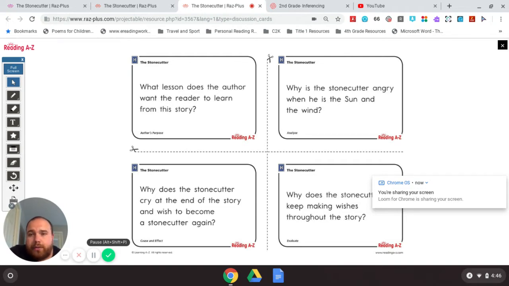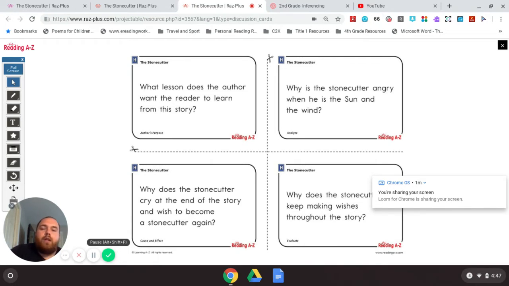And one thing that authors do is they use stories to try to teach us a lesson. Now, it's very rare that you'll read a book like the one we read today, and it'll say at the end, the lesson the author wanted you to learn was this, right? It's something we have to figure out on our own based on the clues the author left behind. So what I'm going to do today is I'm going to read the 4 questions, and then we are going to go back and read the story,